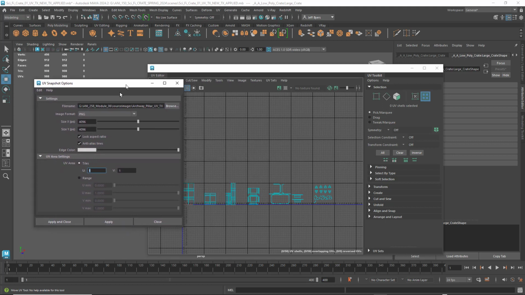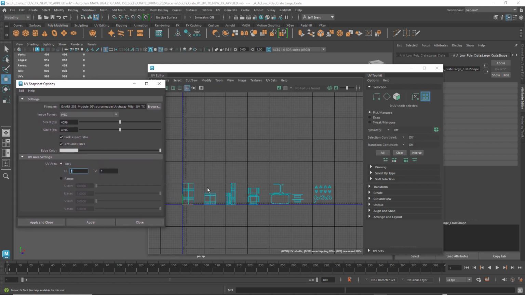And we're looking across. So U is horizontal this way. So I'm going 1, 2, 3, 4, 5, 6, 7. So I do 7. And then we're just vertical 1. This is called 1 UDIM tile. So you're going across 7, and then you're just using 1. If you have 2 rows, then you'll have to add a 2 to that